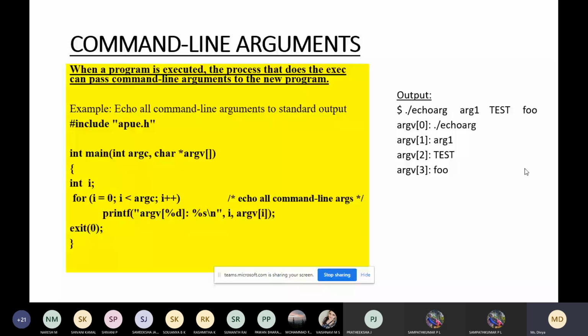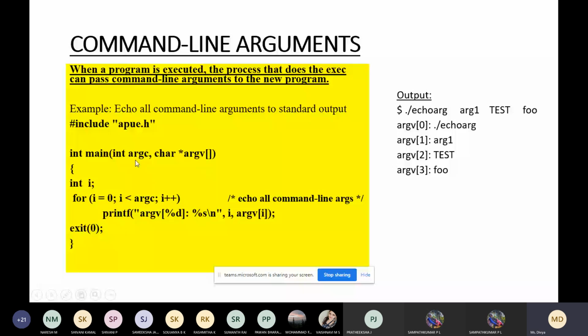You can see here an example of command line arguments. It's a very simple example. Using this, you can collect a number of command line arguments and store them in the array with the name argv. This is an array used for storing the command line arguments, and there will be the count.